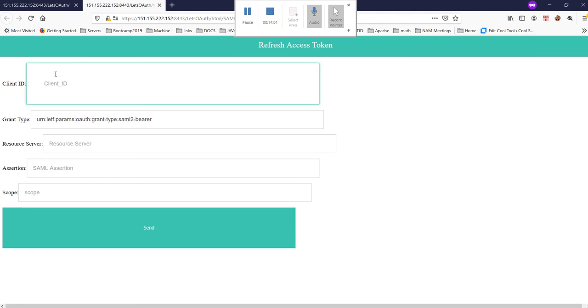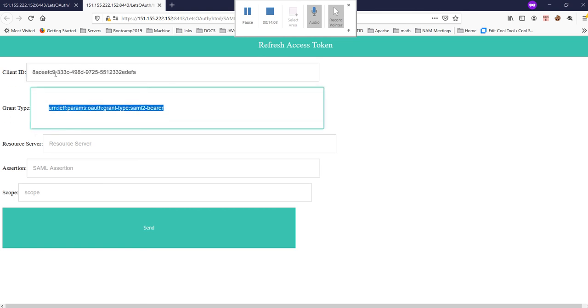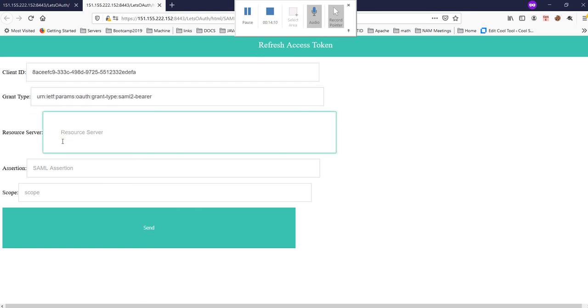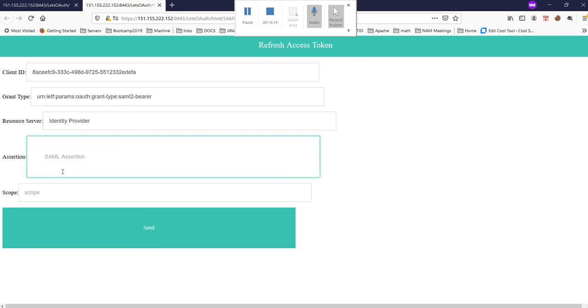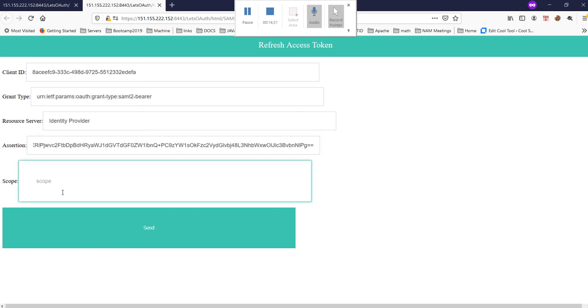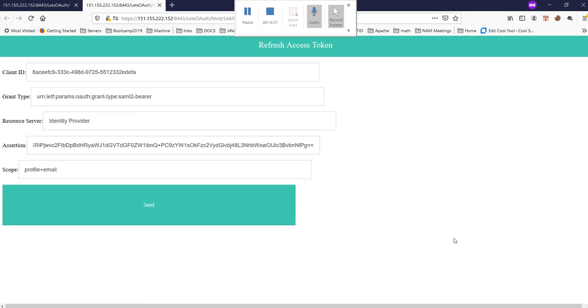The client ID is the client ID which you are going to use. I will give the client ID for the Let's OAuth client. Resource server, we will use the default one. SAML assertion, here you need to paste the assertion. Go ahead and paste the assertion here. Scope, take the scope as profile plus email. Okay, and then